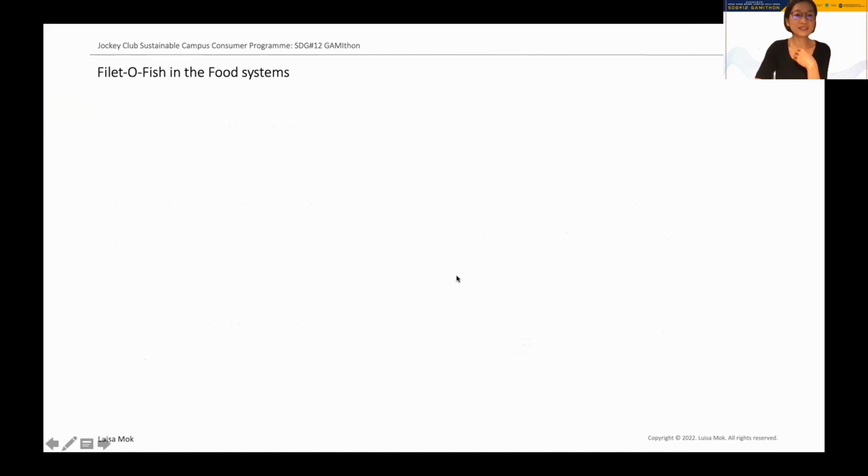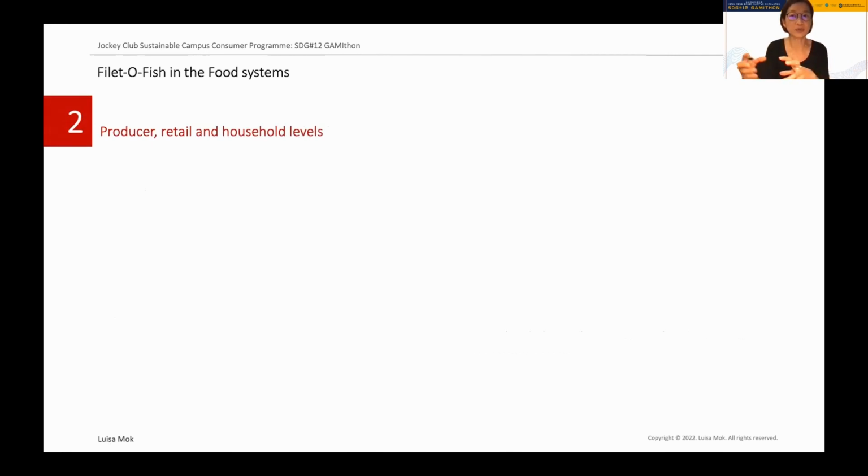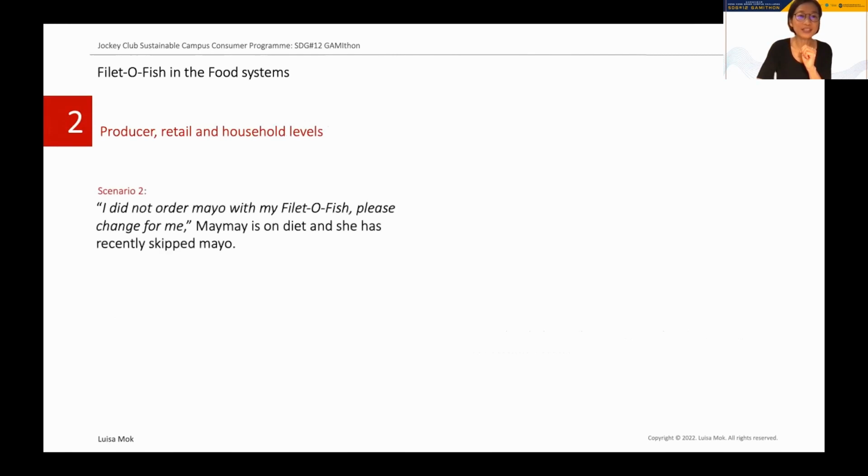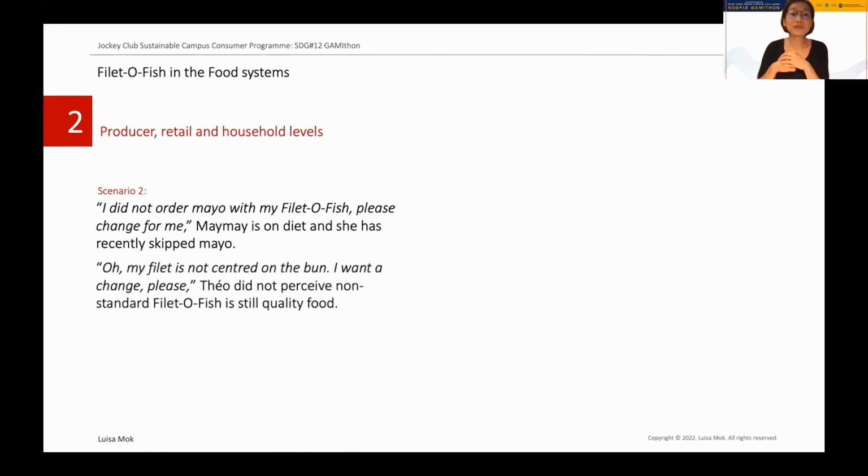And then the second scenario. So each team will tackle one scenario only. So again, Michael will distribute the task to you. So the second scenario: I did not order mayo with my fillet of fish. Please change it for me. So Mimi is on a diet, so she skipped mayo, but then her fillet of fish has mayo inside, so she wants to change. Oh, my fillet is not centered on the bun. I want to change,